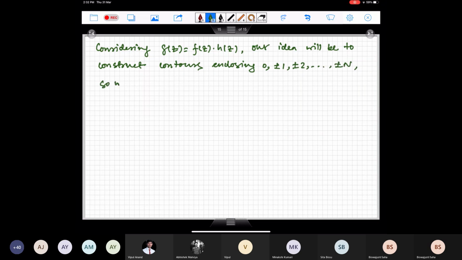So let me write contours C_n enclosing all this, so that when I integrate over C_n f(z) times h(z),